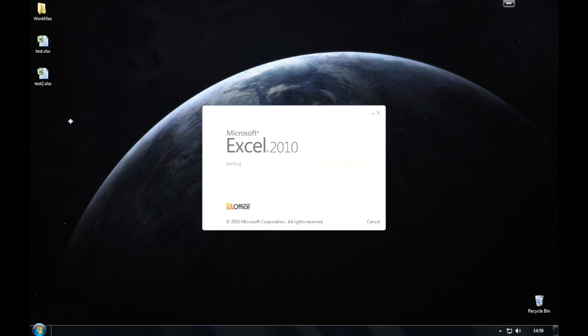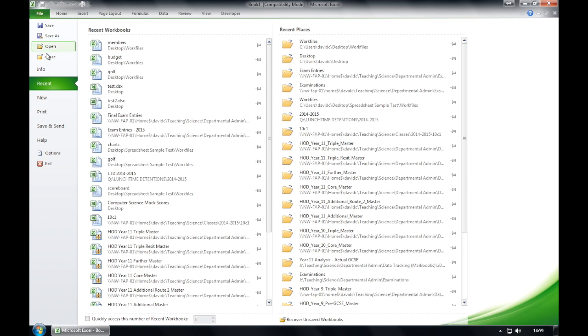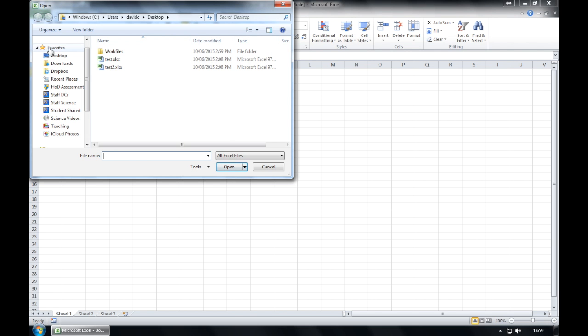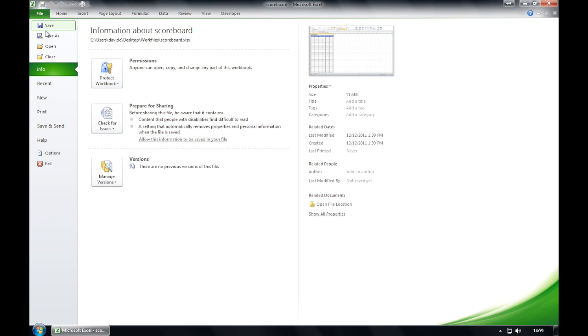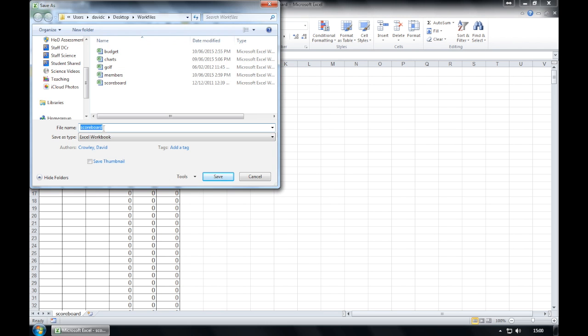Number 41, normal way of opening. We're going to open Scoreboard from our Learner Drive. We're going to save this spreadsheet in template format as scores to our Learner Drive. Save as.